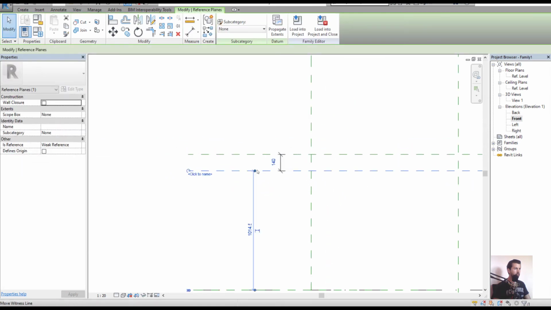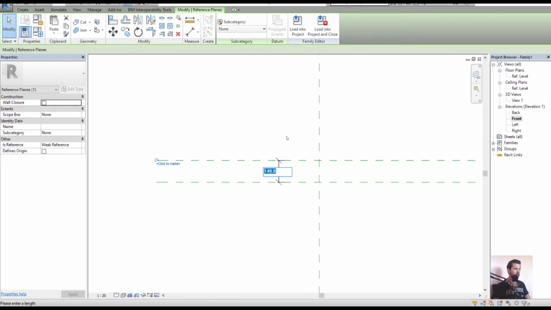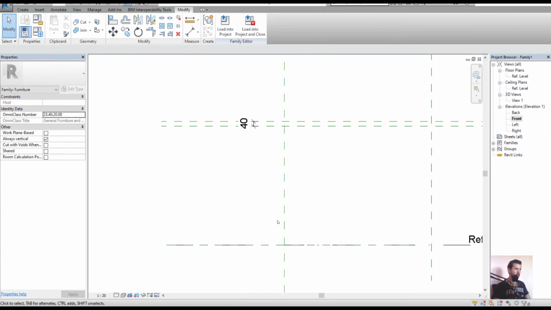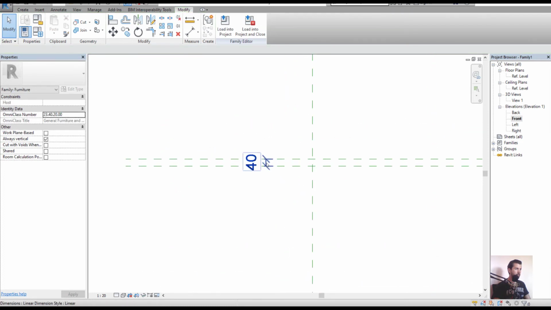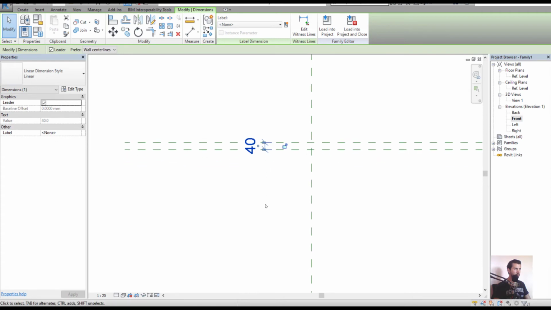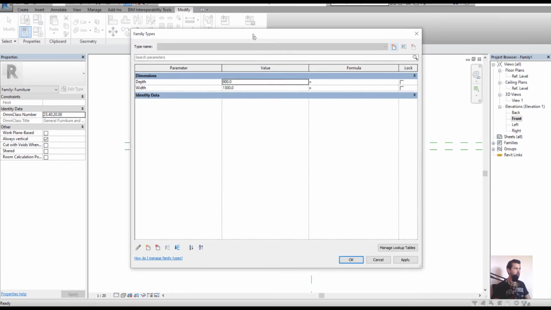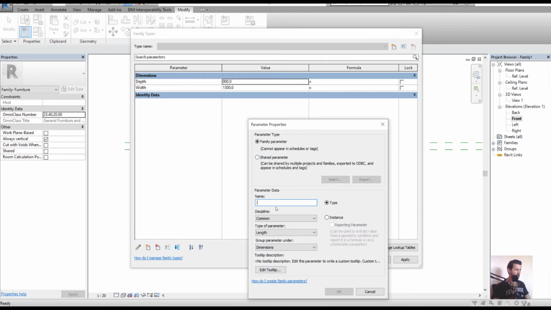So you click on one of the reference planes and you click on the dimension 40, and there you go. So now we're gonna call this worktop thickness. I've shown you that you can create parameter when you click on this, but the other way you can also create parameter is if you go on family type, and once you get this, you click on here, new parameter,